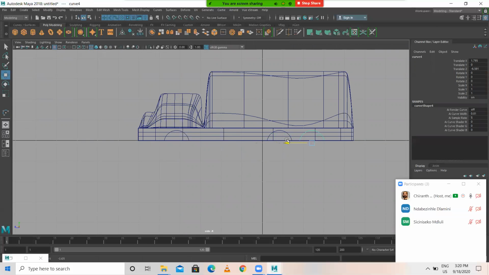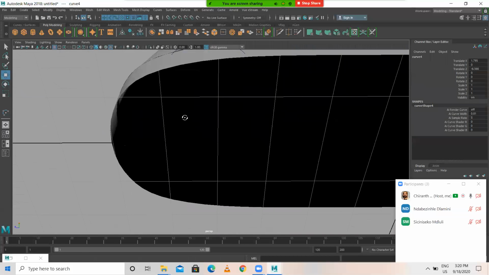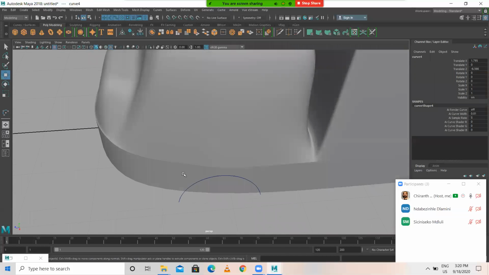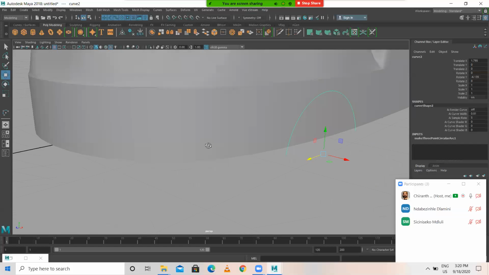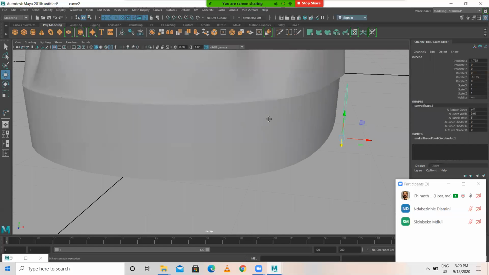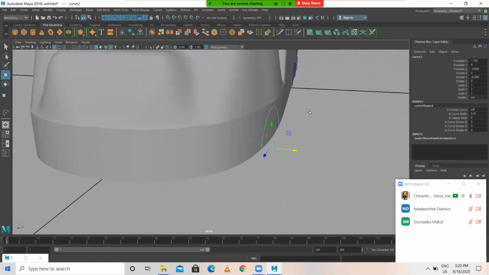I'm gonna place one here. Then what I'll do, I need to bring this closer to this particular surface. Yeah, okay, something like this.